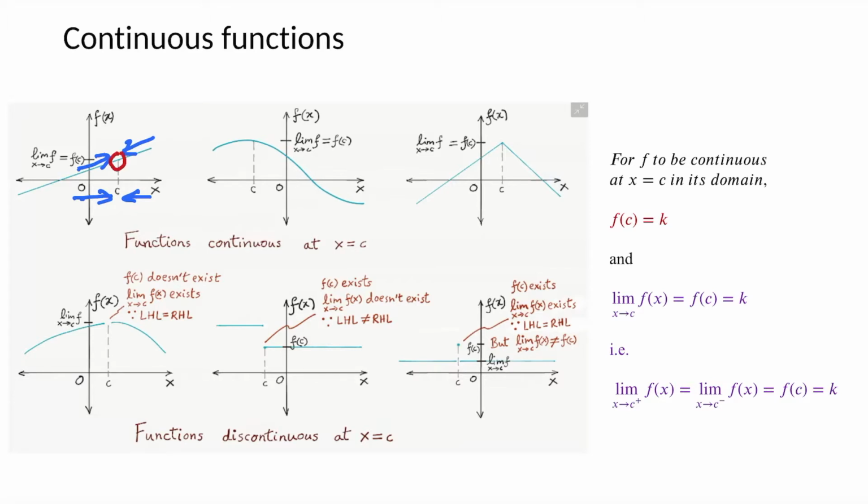If these conditions are met, then the function is continuous, and we see that condition is indeed met for the top 3 functions at x equal to c. Whereas if you look at these bottom 3 functions, we see that one of those conditions is violated. In the bottom left graph, for example, as we approach x equal to c from the left hand side or from the right hand side, the function does seem to approach a common value. So its limit does exist.